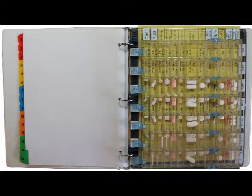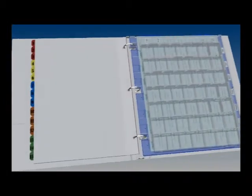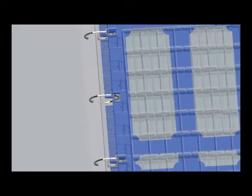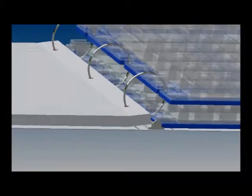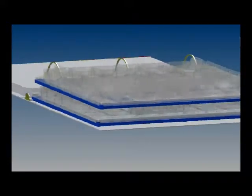The last feature we'll discuss is the capability of the organizer to fit into a notebook, such as a 3-ring binder. A 1-inch notebook will comfortably house the organizer and around 50 pages of documents. Larger notebooks can be used to store multiple organizers and documents. For example, a 2-inch notebook can accommodate 2 organizers for a total of 28 medicines or medicine doses and over